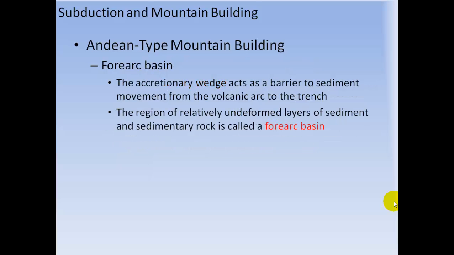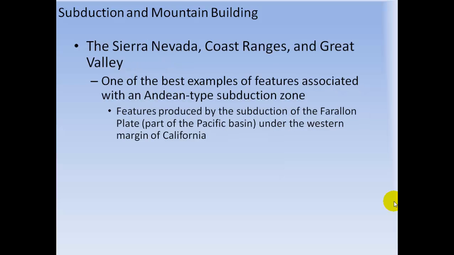Forearc basin. The accretionary wedge acts as a barrier to sediment movement from the volcanic arc to the trench. The region of relatively undeformed layers of sediment and sedimentary rock is called a forearc basin. The Sierra Nevada, Coast Ranges, and Great Valley are some of the best examples of features associated with the Andean-type subduction zone. Features produced by subduction of the Farallon plate, part of the Pacific Basin, are under the western margin